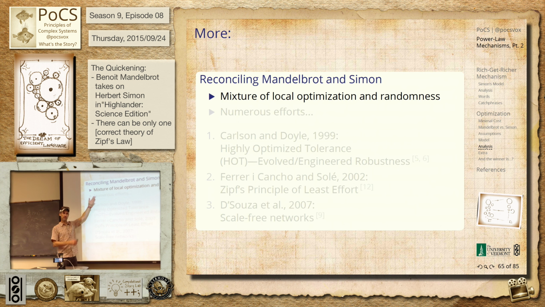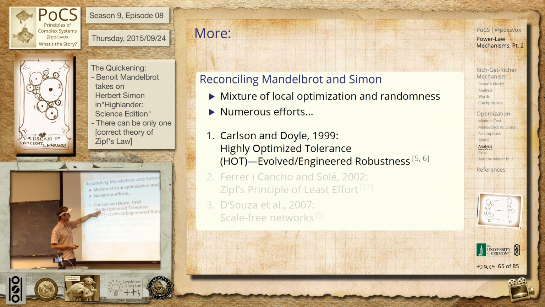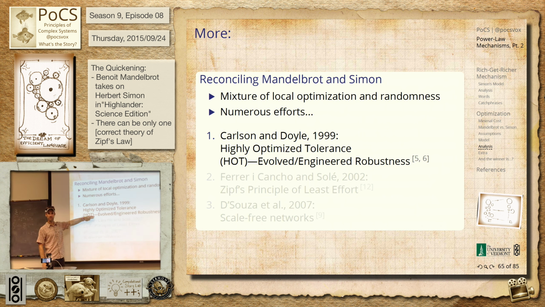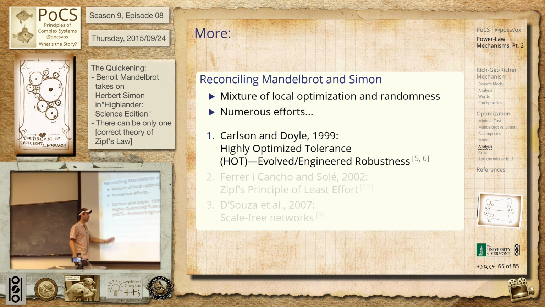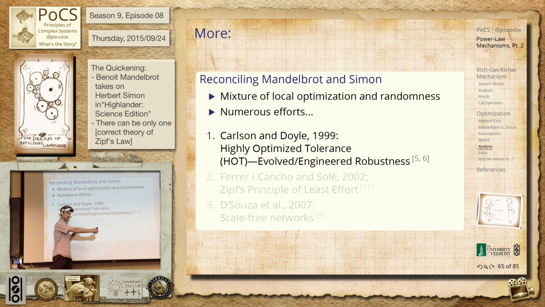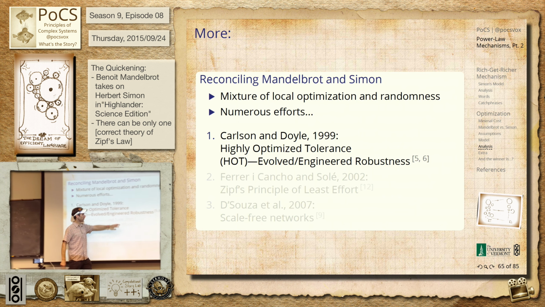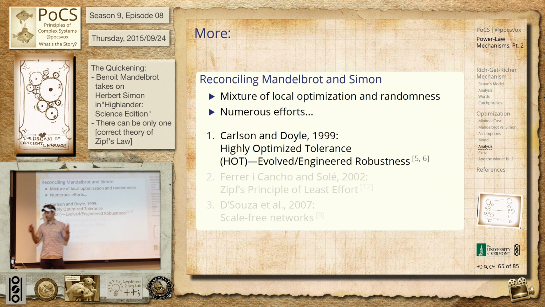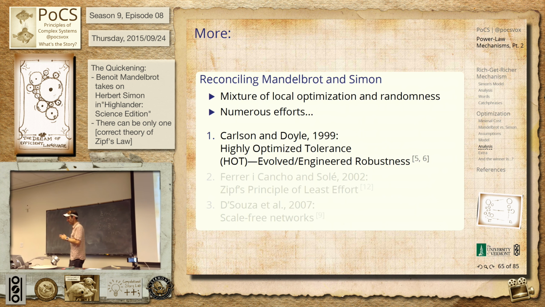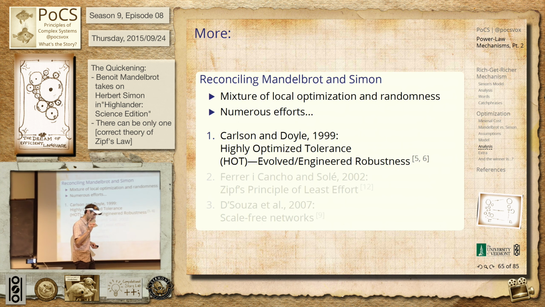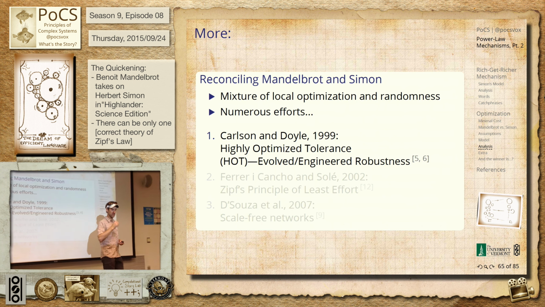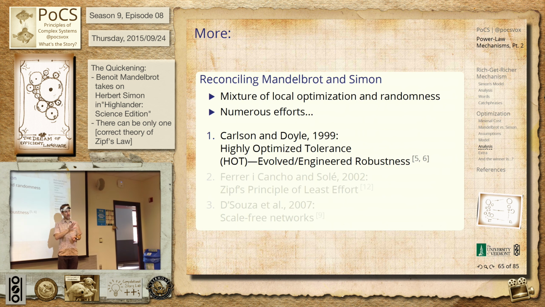So people have played around with random growth kind of things and adding optimization. A couple of examples. So we'll talk about this. This is very famous work. Great acronym, HOT, right? Very well played. Highly optimized tolerance. And so it's a beautiful story, and they kind of try to get both evolved systems and engineered systems, ones that are sufficiently engineered, complex kinds of systems, to show that putting in a robust, like trying to make them resilient, you do a pretty good job, but you end up with power law size distributions of failures, right? So most of the time things are small. So most of the time you have little forest fires, not so bad,